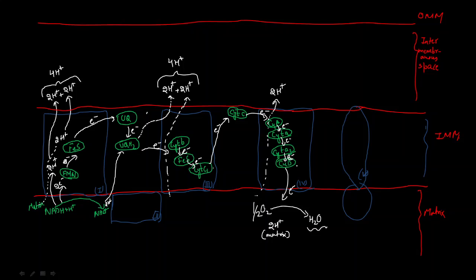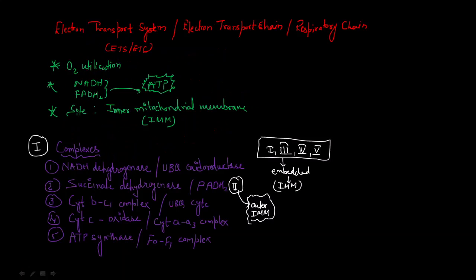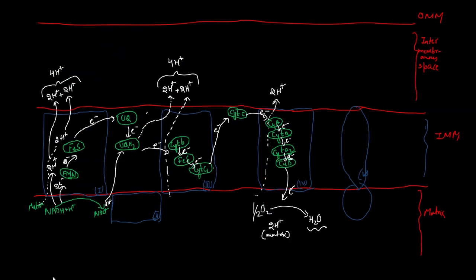Now what is going to happen with the FADH2? Now let us talk about FADH2. If you remember, when we were writing the names for all the complexes, the first one is NADH dehydrogenase and the second one is succinate dehydrogenase. Since the first one was NADH dehydrogenase, NADH is going to give its electron and protons to the first complex. But if you remember from the Krebs cycle, the FADH2 is formed at one single step